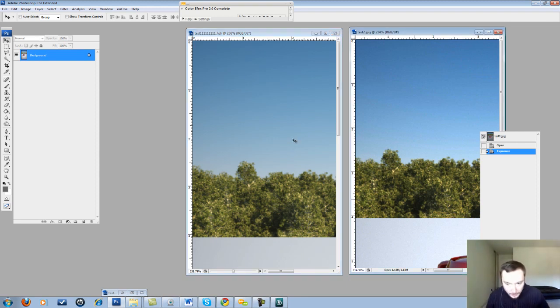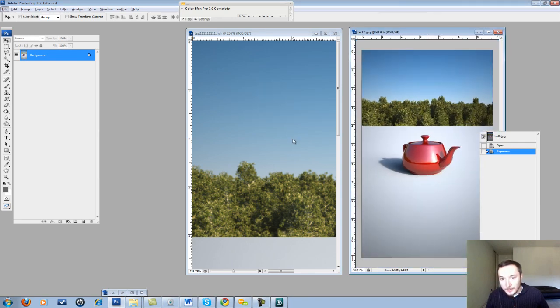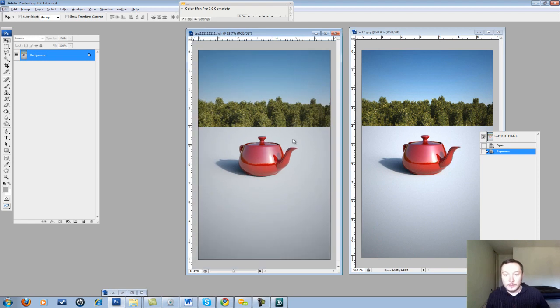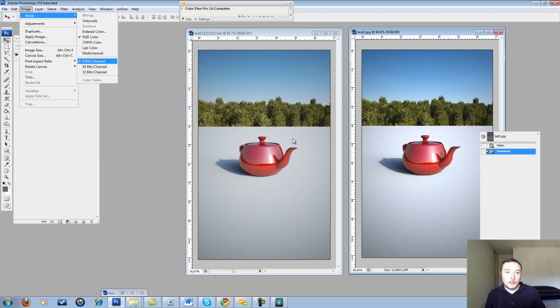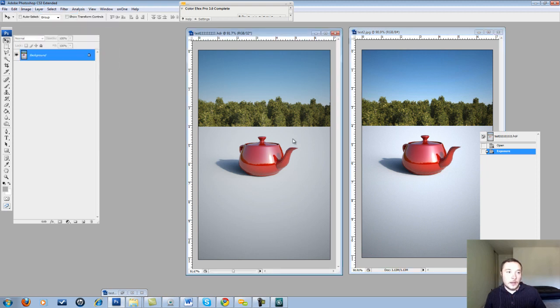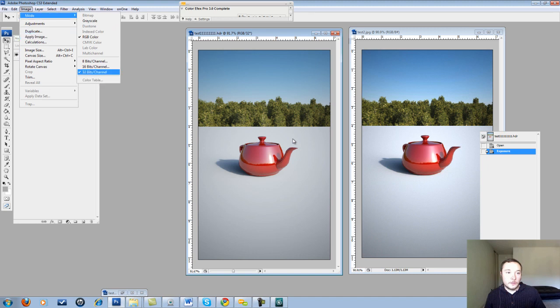So also you can see noise here in this corner. So basically the JPEG cannot provide this pixel depth. It's only 8-bit. As you see here, it's only an 8-bit channel, and the HDRI is 32-bit, right here, a 32-bit channel. So basically